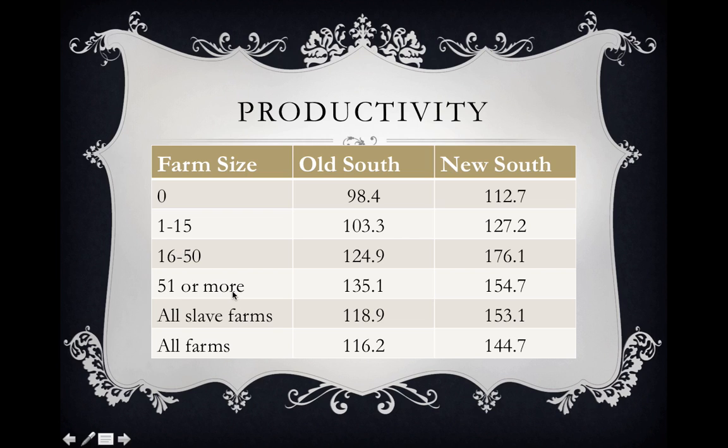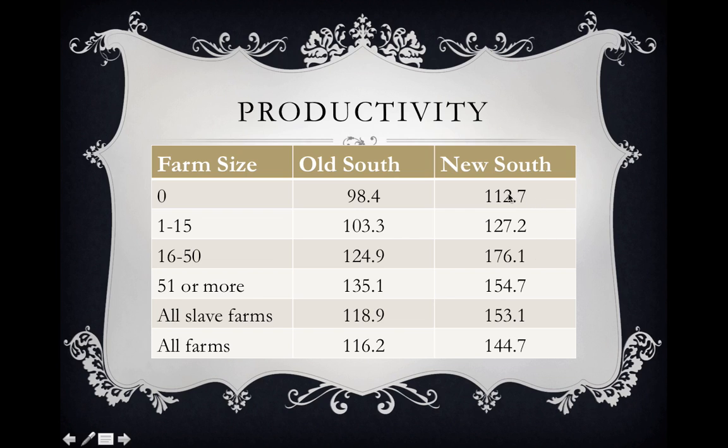All right, and if we move to 51 or more, we can see that labor productivity actually increases to 135. So in the Old South, the larger the size of the slave labor force on the plantation, the larger labor productivity is. And the same thing holds for the New South. The Old South is the older parts like Virginia, etc. And the New South is the newer regions, as plantations and cotton production shifted south and further west. You can see that the same thing holds: as you increase the plantation size in terms of the number of workers, labor productivity increases.